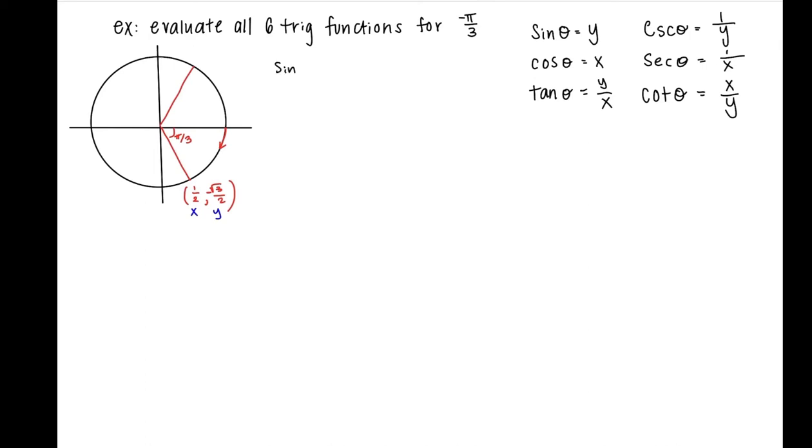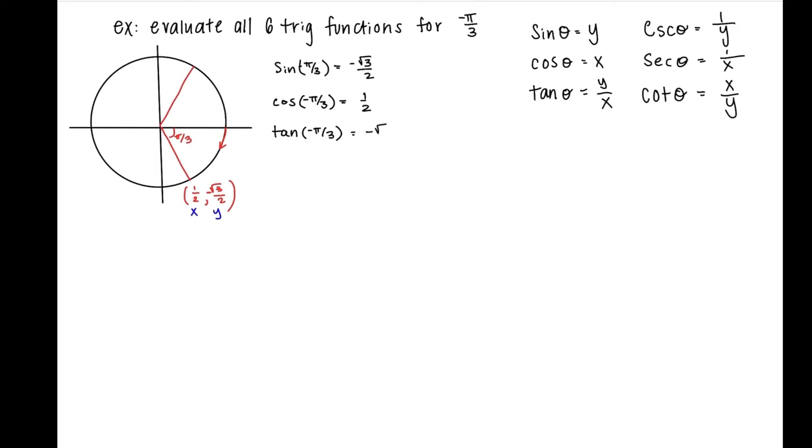So sine of negative pi over 3 is going to be my y value. So that's just going to be negative root 3 over 2. Simple as that. Cosine of negative pi over 3 is going to be equal to my x value, which is 1/2. Okay. My tangent of negative pi over 3 is going to be equal to my y over my x